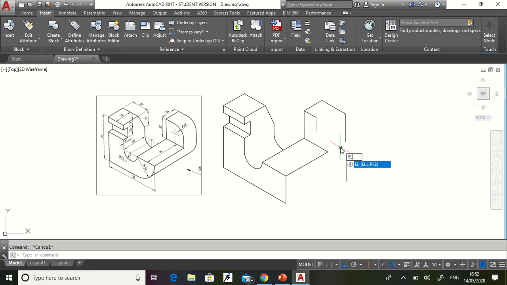Then you say EL, enter, isocircle, enter, select this point, drag and place. Then you see we will get this quarter circle. Then trim the rest of the part. This one and this one. Also these two lines I don't want. Then this line will be starting from here ending up to here like this.